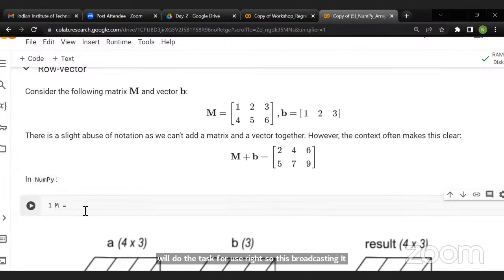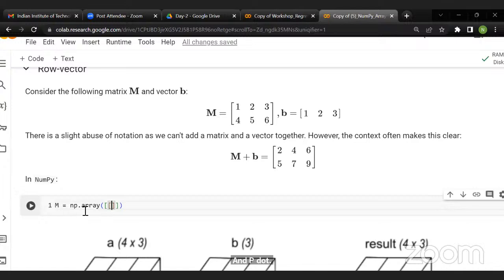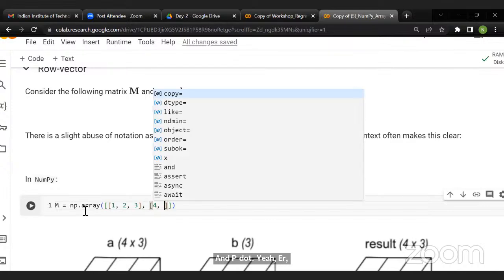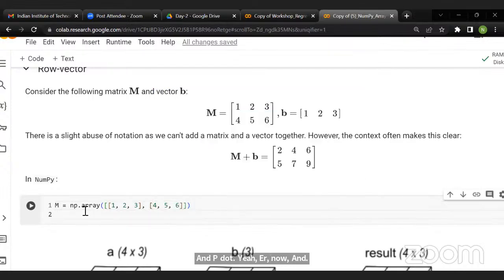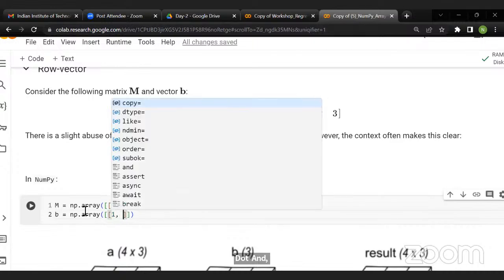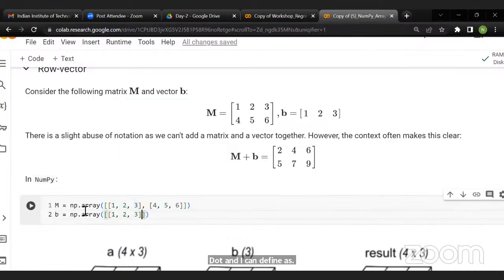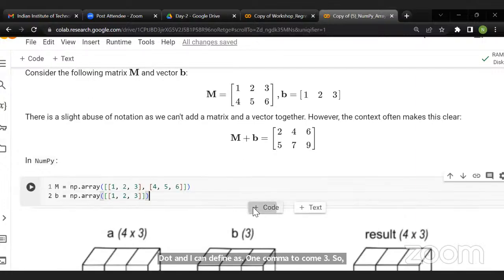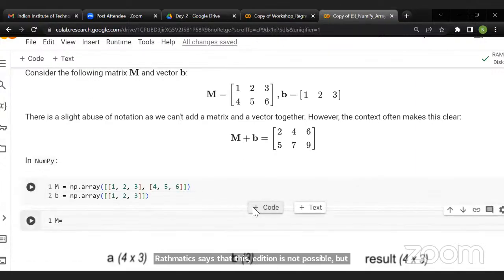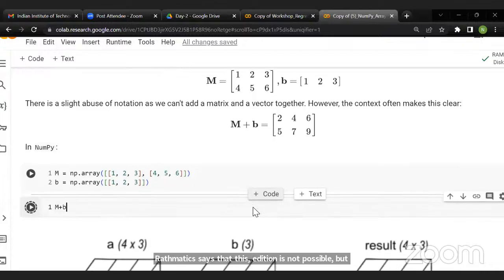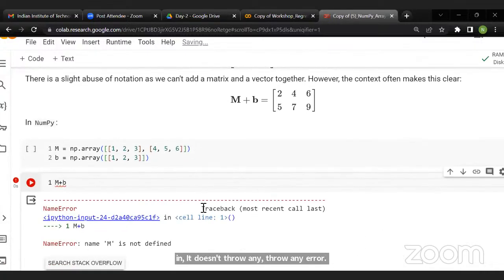Let me first define the matrix and the vector. m is np.array, now if I define it 1, 2, 3 and 4, 5, 6, and let me define b as well. b will be np.array, and I can define it as 1, 2, 3. So arithmetic says that this addition is not possible, but in NumPy it doesn't throw any error. It just adds